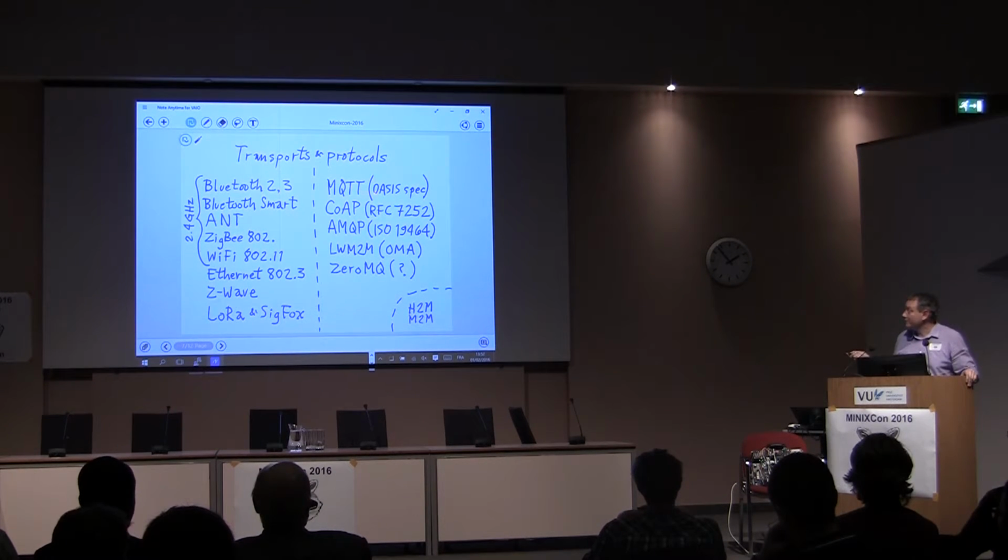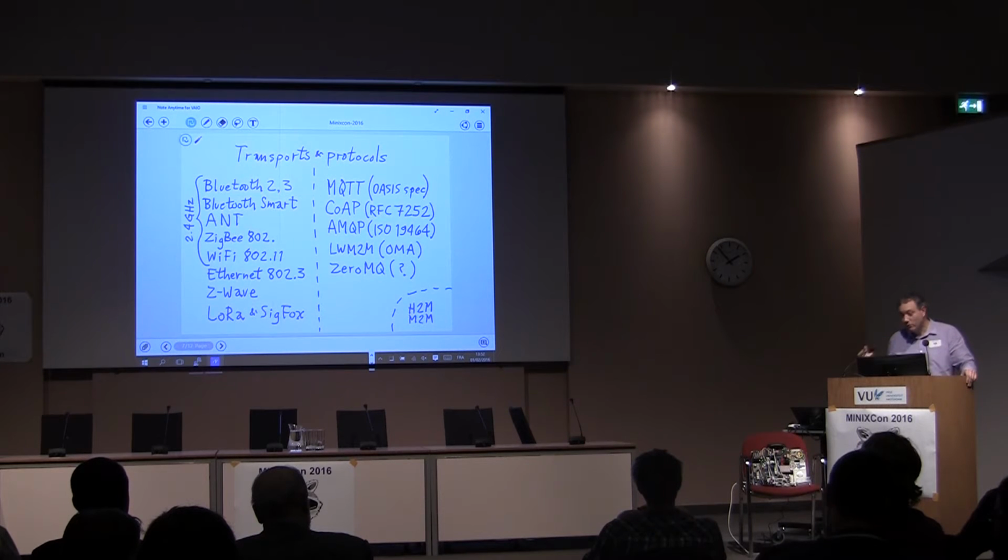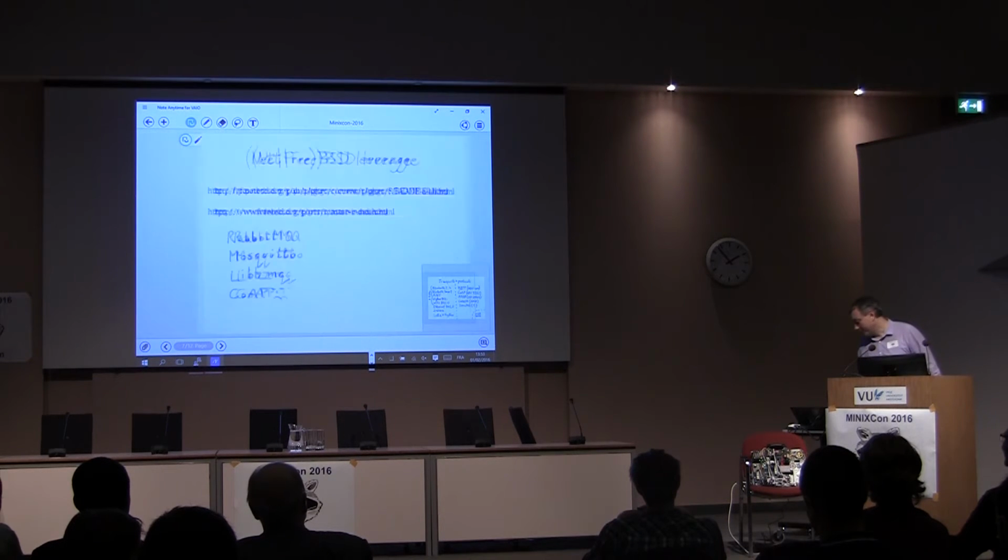This one is my favorite. It's probably got the most language bindings of all of them, and it's very ubiquitous. There's a few others. This one, for example, AMQP, is the one that the RabbitMQ server natively uses. So my goal is to get some of these servers and brokers running on Minix, which we don't have yet. And then H2M, I think I said it before, that means human to machine communication. So that means a person is typing on a screen or looking at something. M2M is machine to machine communication, like a refrigerator talking to your garage door opener or something of that sort, as if that makes sense.